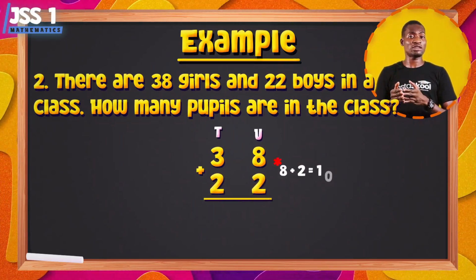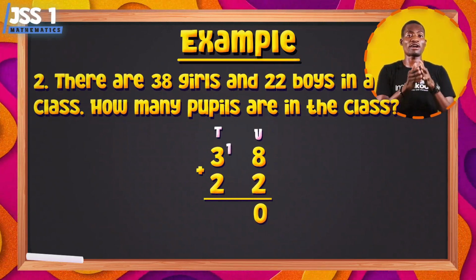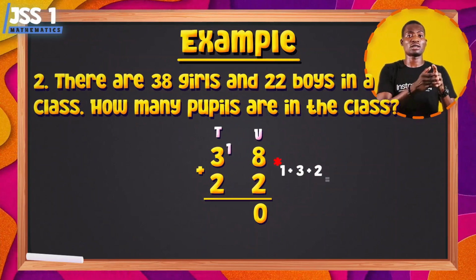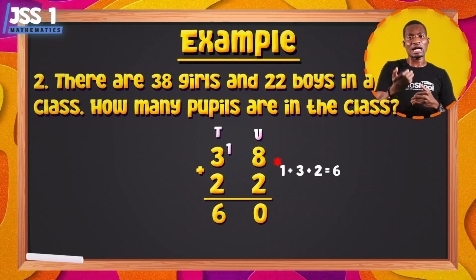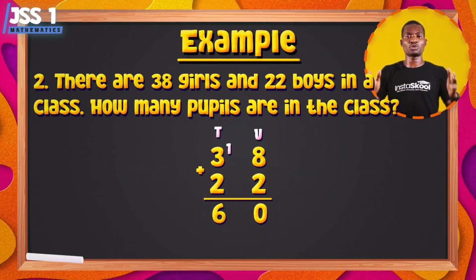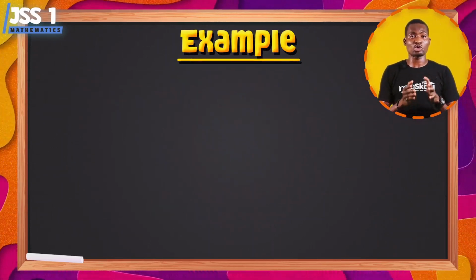8 plus 2 gives us 10, so write 0 and transfer 1 to the other side. And then we'll have 1 plus 3 plus 2. That gives 6. So in that school, there are 60 pupils altogether. The next example we take now is to sum